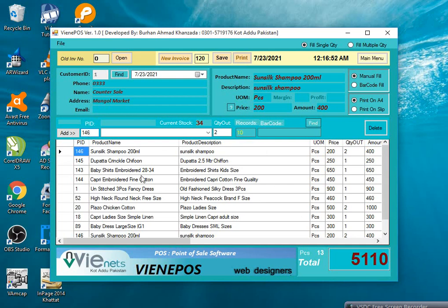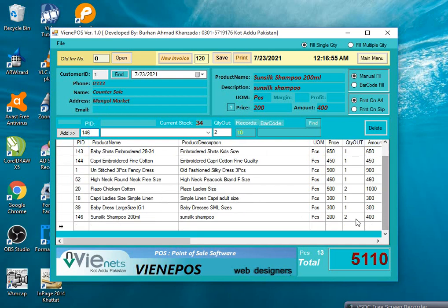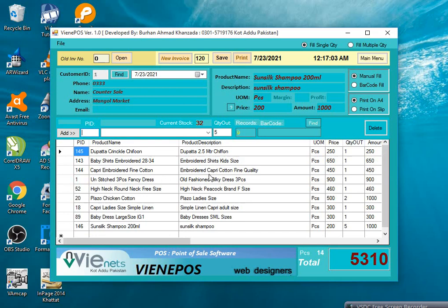Earlier Sunsilk shampoo 2 is also here, but if you want to make them a single line, then select single quantity and add one more time 146. Now 2 plus 2 plus 1 will appear as 5 in a single line. Then press enter, and now you see Sunsilk shampoo 5 pieces is single, because